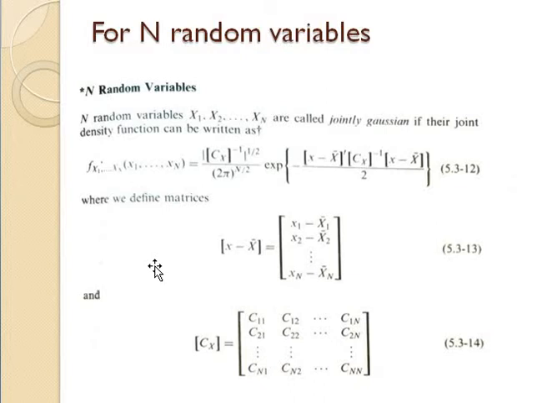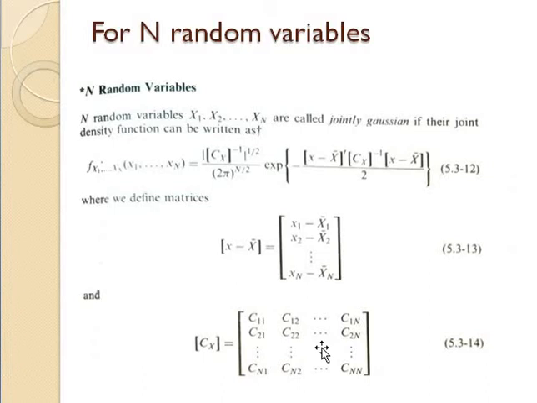For n random variables, let us go into the n random variable case. The n random variables x of 1 to x of n are called jointly Gaussian if their joint density function can be written in this form, where the small x minus x bar is a matrix of x1 minus x bar 1 and so on,